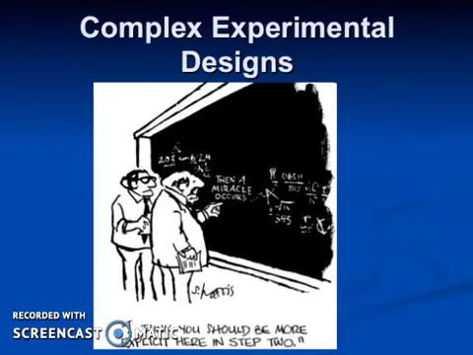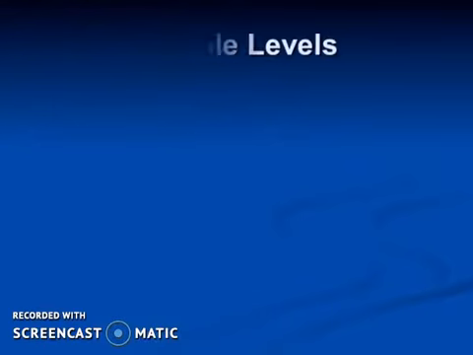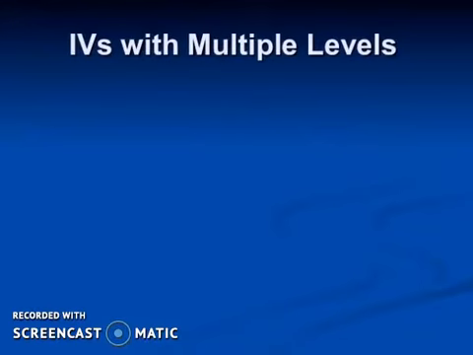So today we're going to talk about Chapter 10, Complex Experimental Designs. This is involving experiments that have more than one independent variable. They may have more than two levels to one independent variable, or you may have more than one dependent variable. When you have an independent variable with multiple levels, you get a more specific gauge of how the variable works